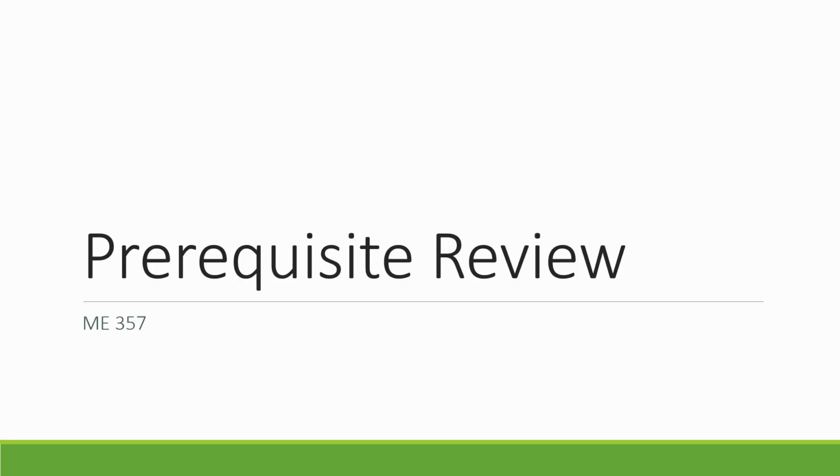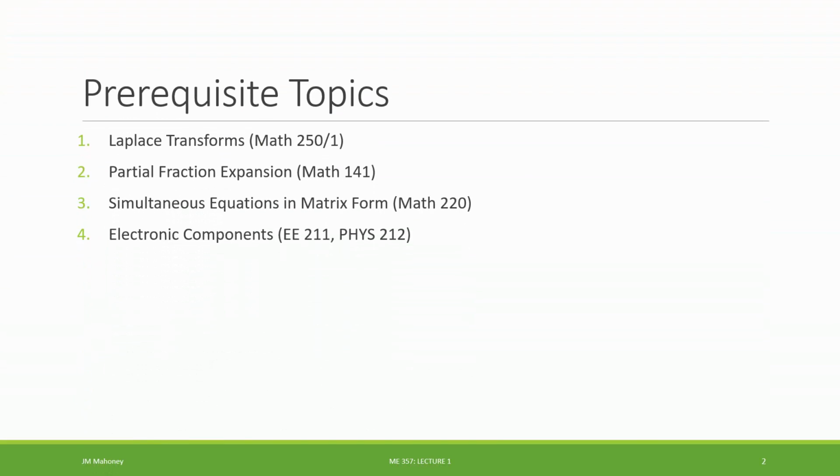Prerequisite review. There's 4 large topic areas I want to make sure that we review before we go forward in the class. So the first 3 of them are from our pure math classes, as this is an applied math course. We're going to be drawing several of these ideas together from different classes and applying them all to our engineering problems, and then going over electronic components, which you have seen before in your electrical class and your E&M class